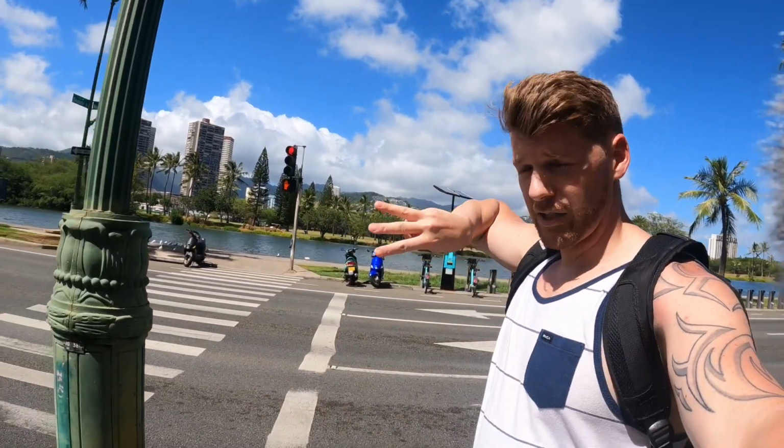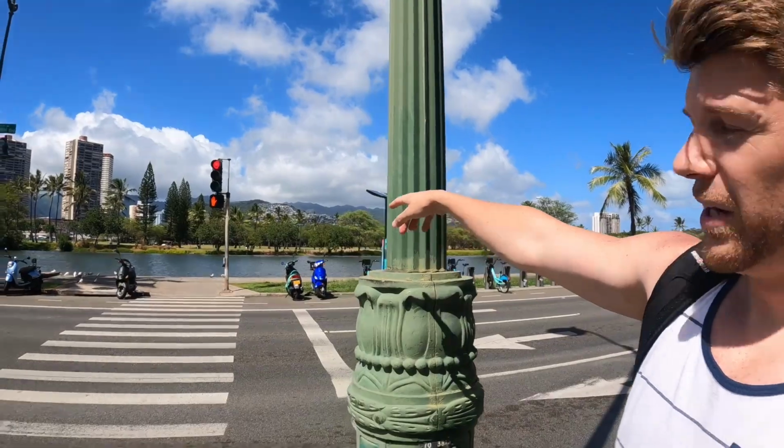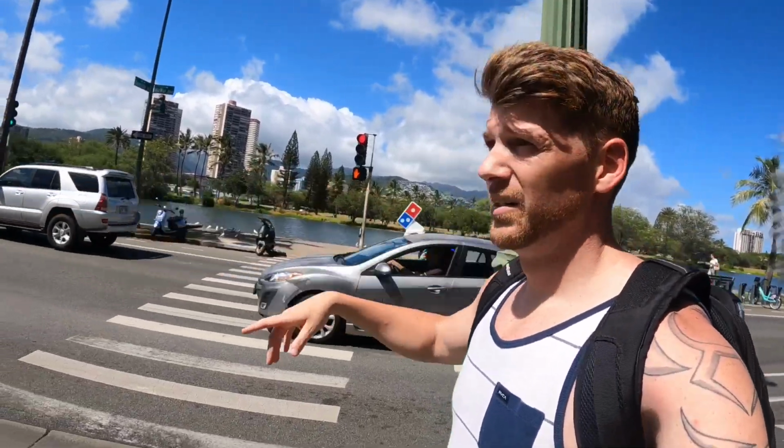It's gonna be busy, it's gonna be loud. This is one of the main roads. So we got the three main, we got Kalakaua, Kuhio, and Alawai. They all pretty much run like a tri-parallel thing down to each other. That way is back to the west side of Hawaii, H1, Highway 1. That way is towards Diamond Head and the east side of Hawaii. Okay, so I walked you all the way back to the Alawai, busy street,